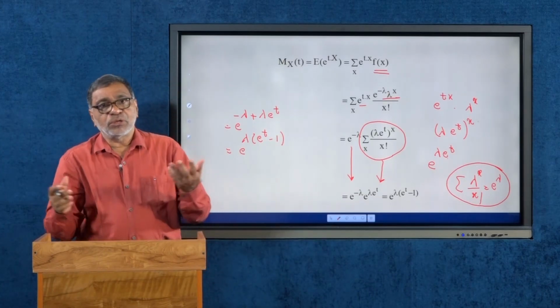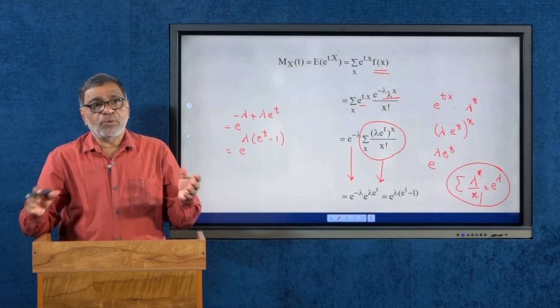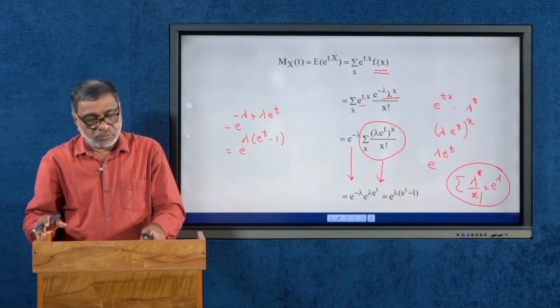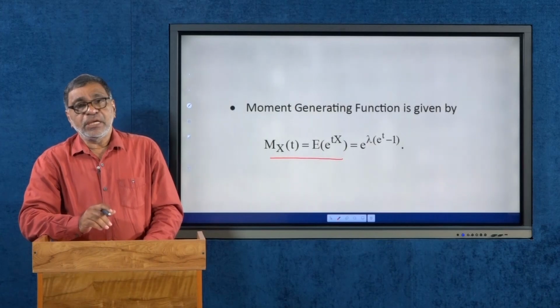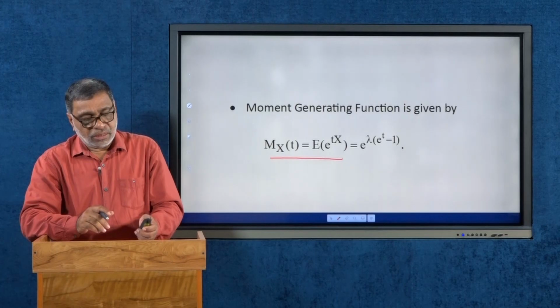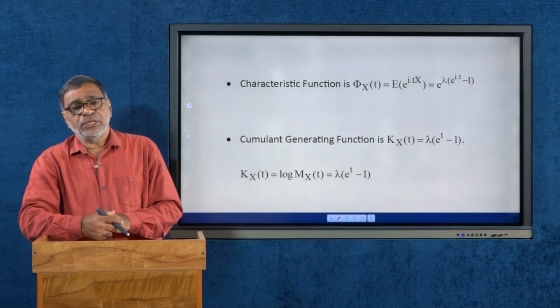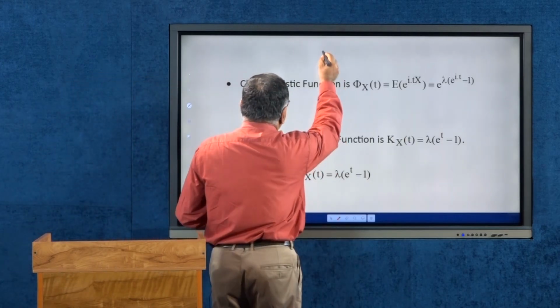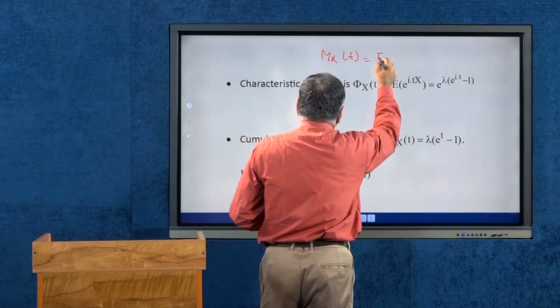So, this is a very important function as far as Poisson distribution is concerned, that is the moment generating function of a Poisson random variable. The moment generating function of a Poisson random variable is given by e^(lambda(e^t - 1)). And if you want, you can find the characteristic function also, phi_X(t), instead of the moment generating function. Actually, our definition is the moment generating function M_X(t) = E[e^(tX)],